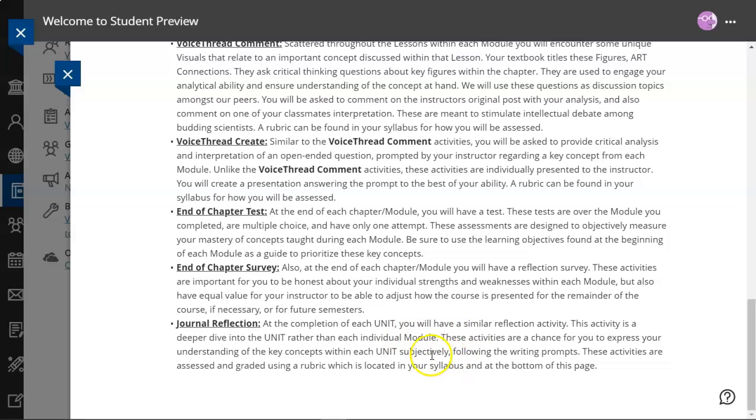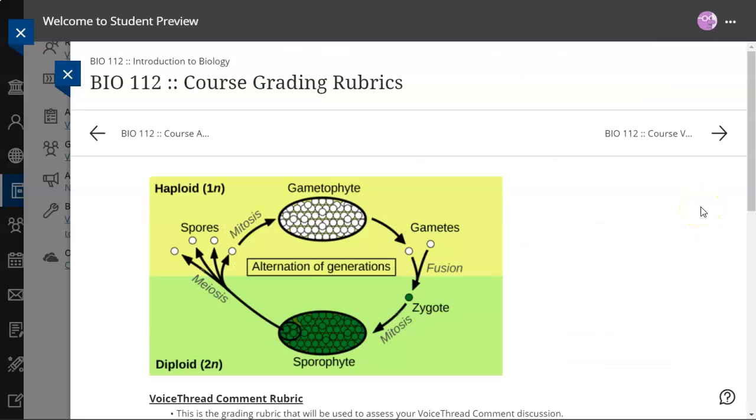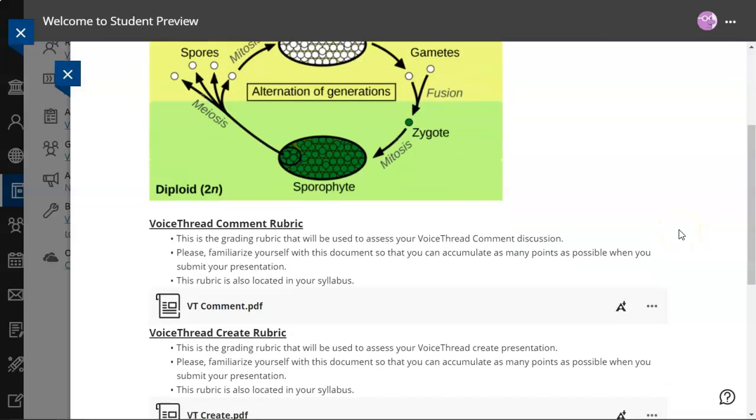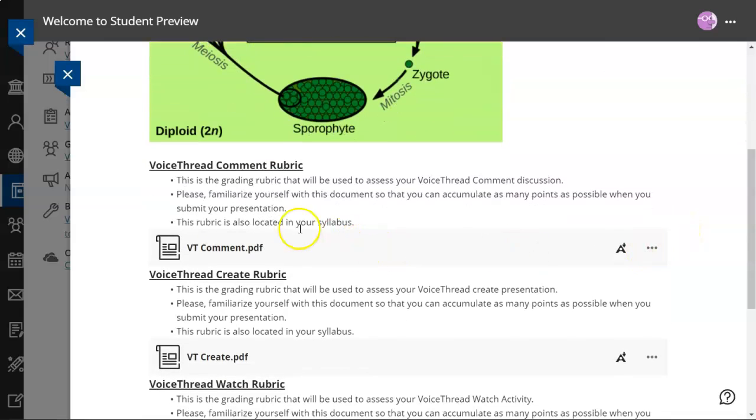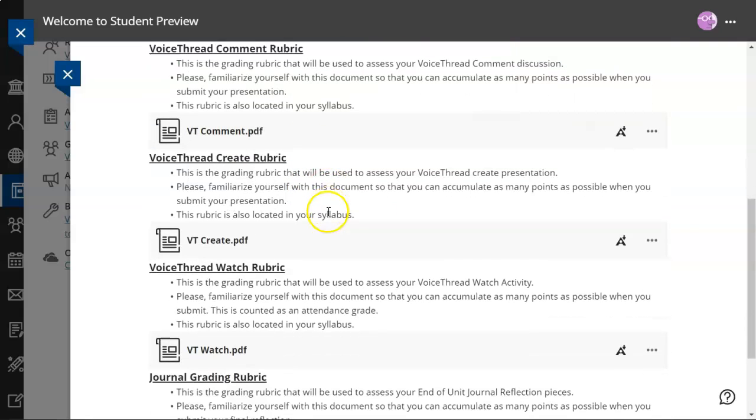And again, these are completely subjective, but I do use a rubric on the journal reflections. So make sure you familiarize yourself with that rubric, and it's located in the syllabus. I have also posted the rubrics here on this item found within our course overview. So here's our VoiceThread comment rubric. So download and print these and make sure you familiarize yourself with all of the criteria that you will be